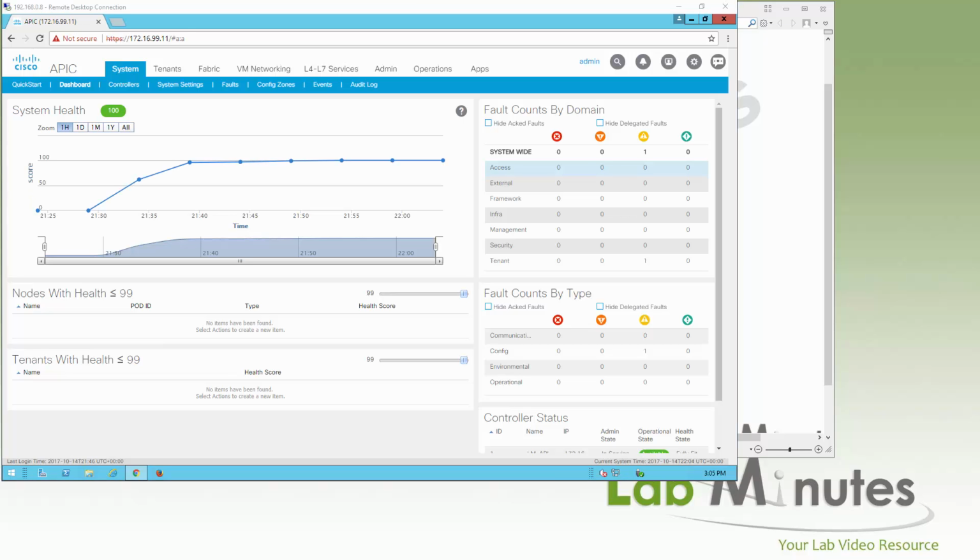And the first thing that you see, or the page that you see after logging into the APIC, is called Dashboard. This gives you a quick snapshot of the system health. As you can see right here, currently we're at 100, and that's the number that you want to be as close to as possible. The lower value obviously implies that there are more faults in the system,